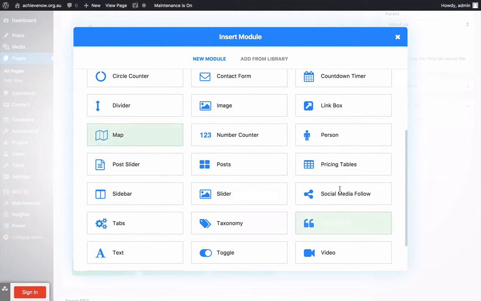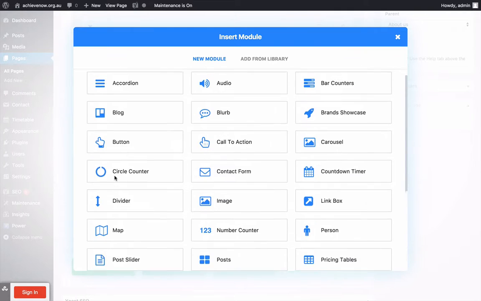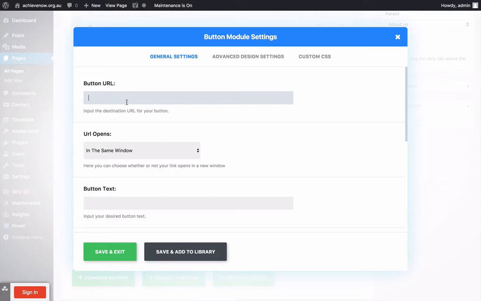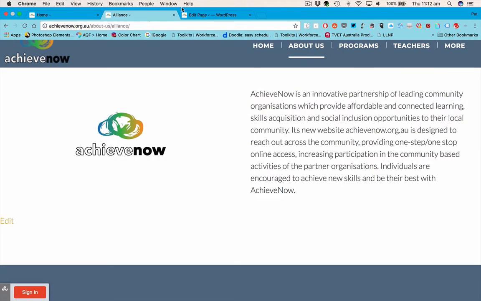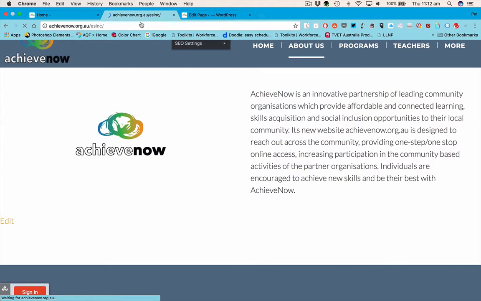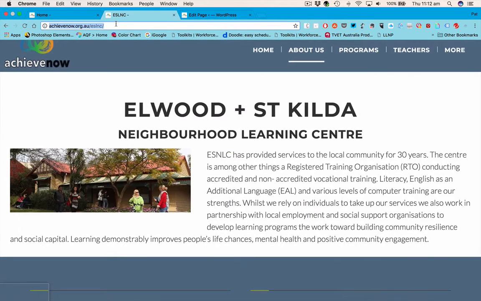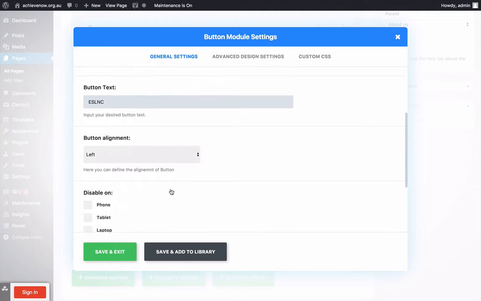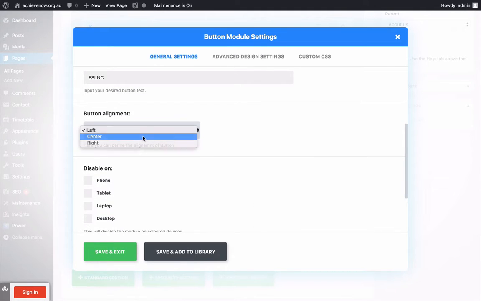So there is other things in here if you want to have a play. Each one has their own little pop-up box with settings on there. So I'm going to select button. So the first one I'm going to link it to is the Elwood St Kilda page. So I'm going to select that one. Put the URL in there. We can change whether it opens up in the same window or a pop-up window. And the button text is going to be ESLNC. And button alignment center,